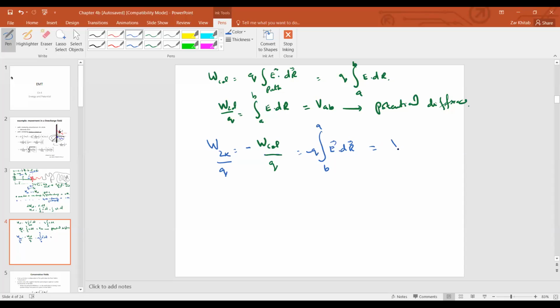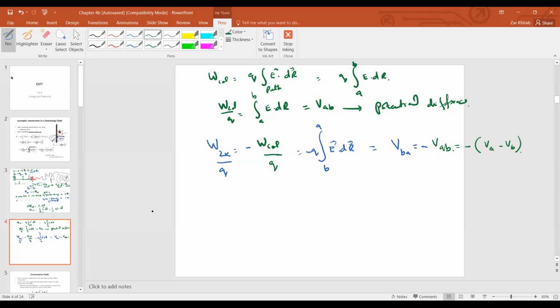And this will be equal to VBA, which equals minus VAB, which equals minus (VA minus VB). Okay,